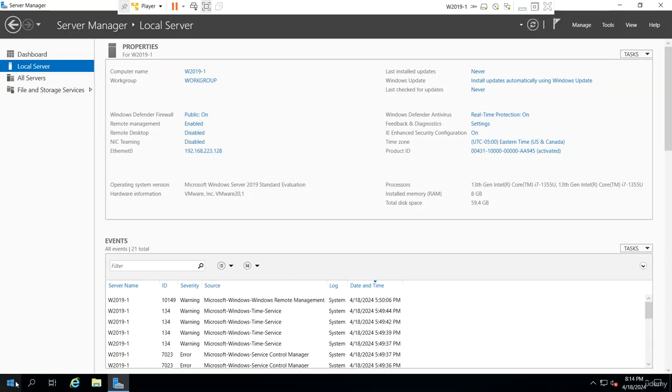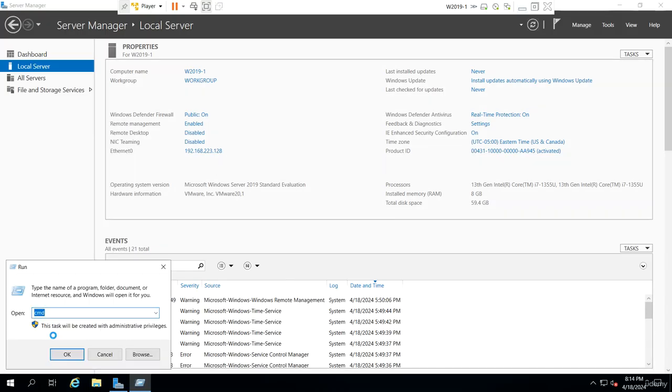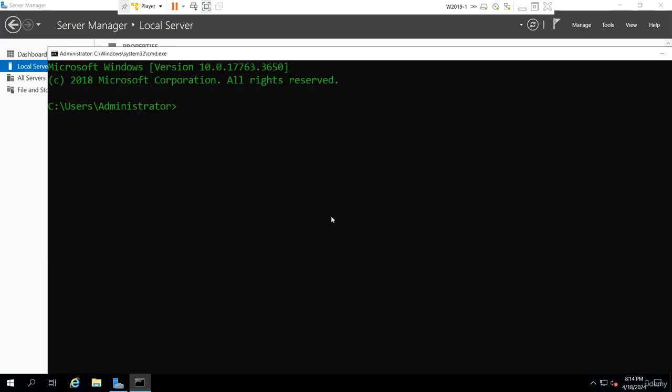If I'm actually right over here and I open the command prompt, what do I use? I use ping to test connectivity. So if I say ping 192.168.223, let's say dot 129, which means I'm trying to ping my second server. It looks like it's timing out, guys. And we'll see why. That's why we're here. We try to troubleshoot. I don't want things to work the first time because that's what you'll be facing